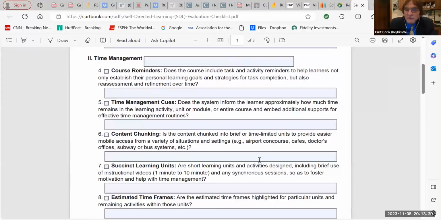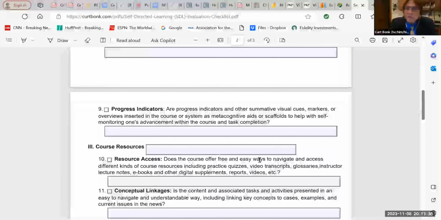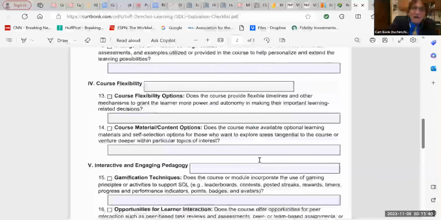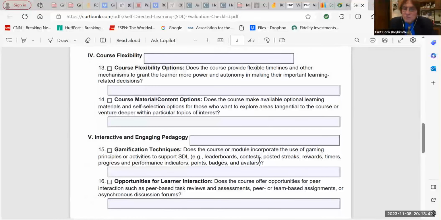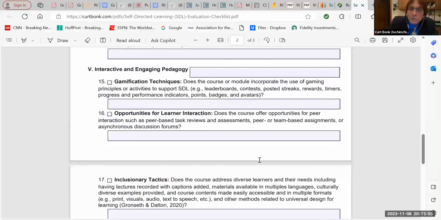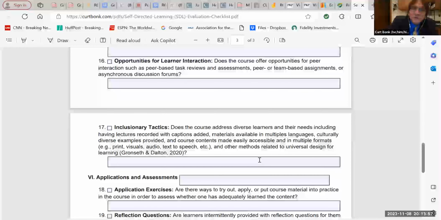If you have time management reminders, estimated time frames, if you chunk the content, put in progress bars, have some kind of course content options, so students again can be an agent in their own learning, self-direct their learning, take advantage of those options within the environment. Are there ways to make it more engaging, like gamification?